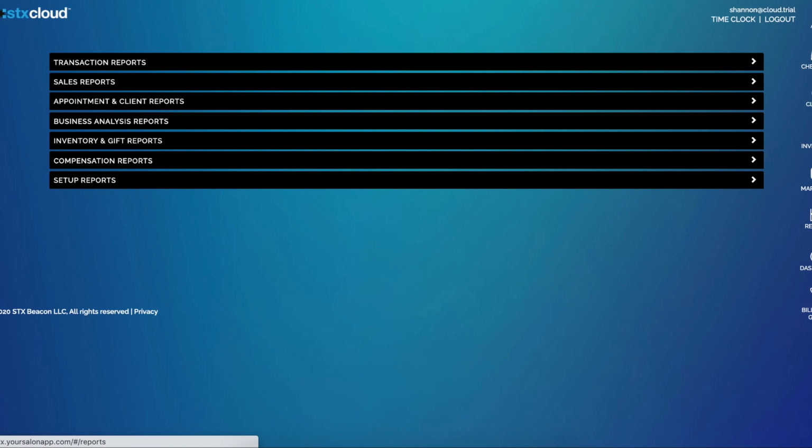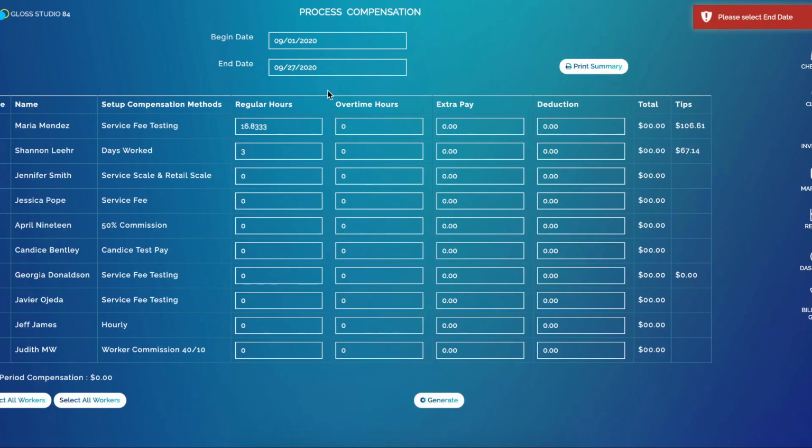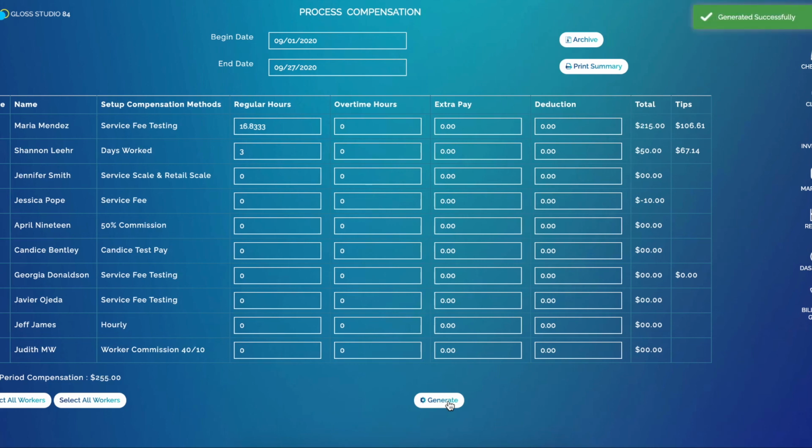And then another request we got, being a cloud software, it is very difficult to make a report list all the employees available for print, but we are working on reformatting so that that is a possibility. But the number one report we get that request for is the process compensation report. So if I click process compensation, a new feature that's been added is that if I click generate,